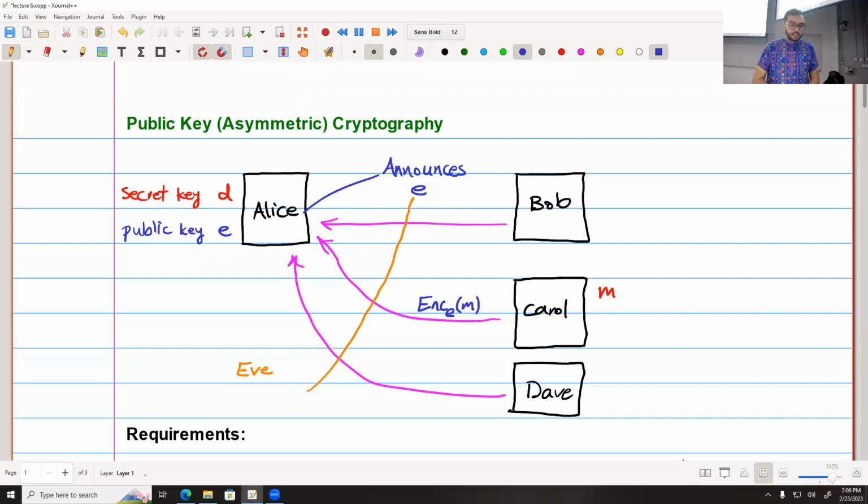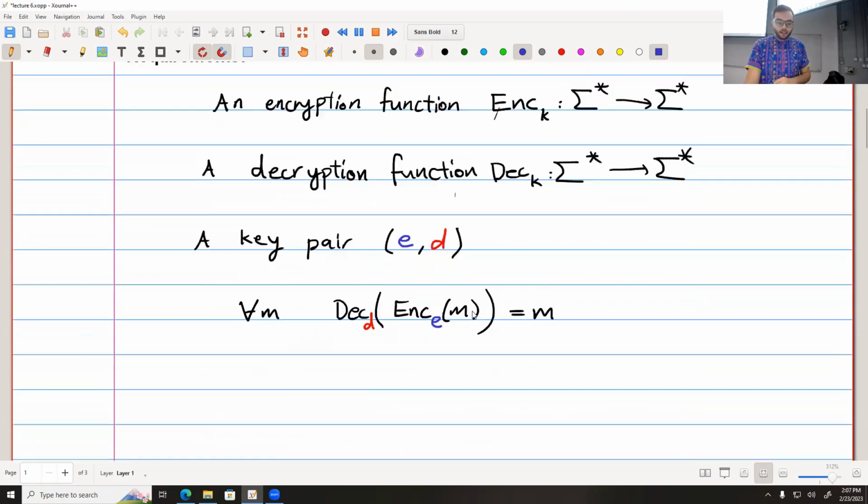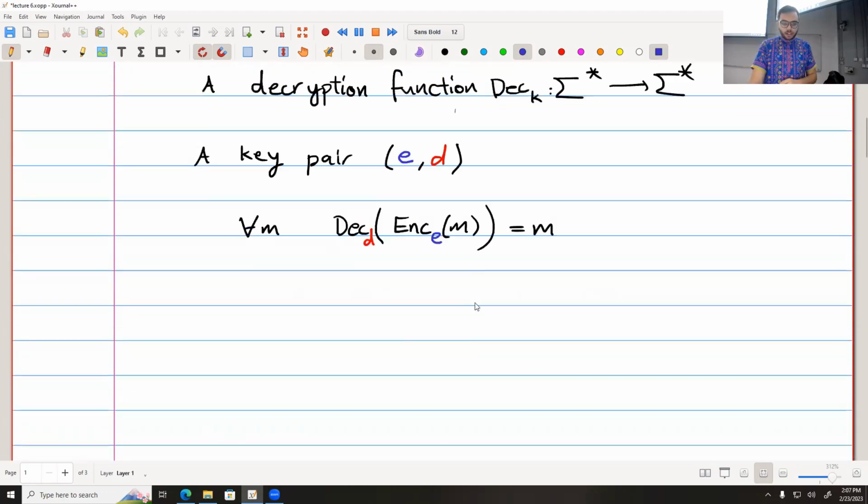Okay, and then Alice decrypts it. So the idea is that if Eve knows the encryption key, and if she also knows one encrypted message, or maybe even a sequence of encrypted messages, she should not be able to find any information about the actual message, so about M. So my security property, or let's say security requirements,